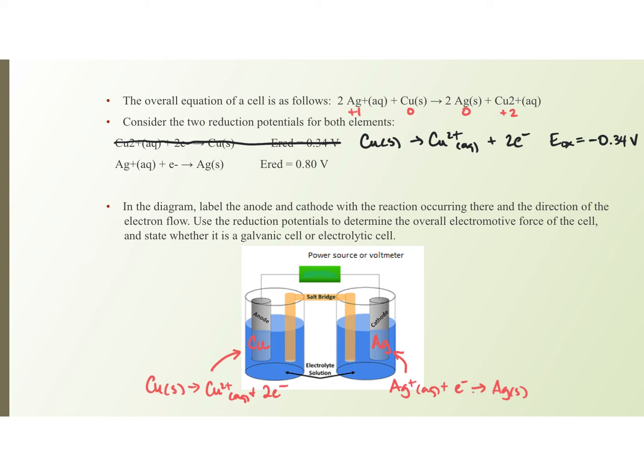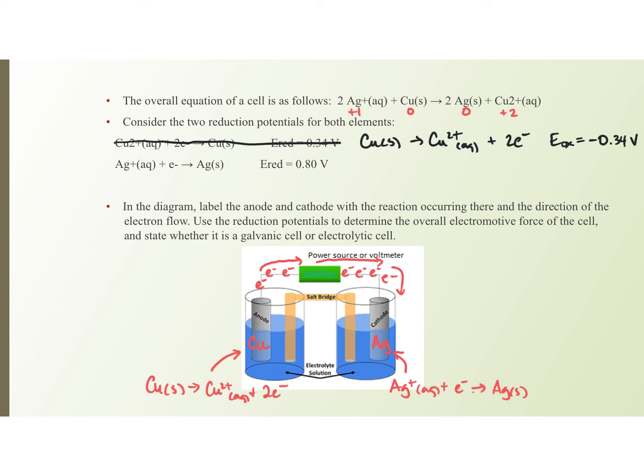So I can draw this here. We can say that the electrons are passing through in this direction, from here all the way over to here. Over the course of the reaction, we're generating that electrical current as the electrons travel from the copper to